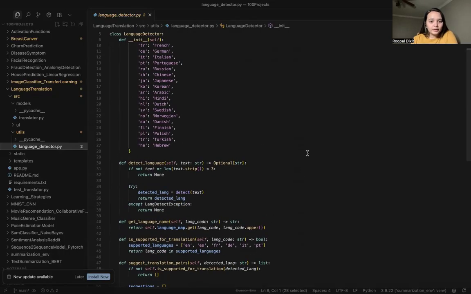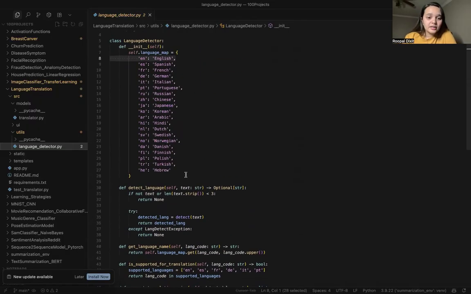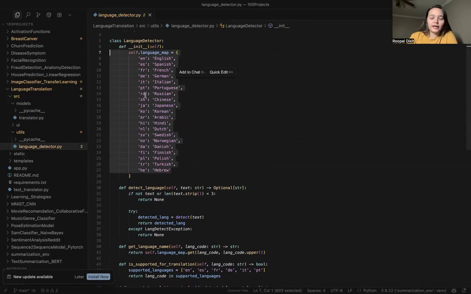So we use lang.detect for this information to understand what kind of information is there, and on the basis of that, it is divided into these categories. For English, it is en, for Spanish, es. And on the basis of the detected source of the inputted text, we provide a prediction of what translation pair needs to be done. And on the basis of that, the whole translation is done.